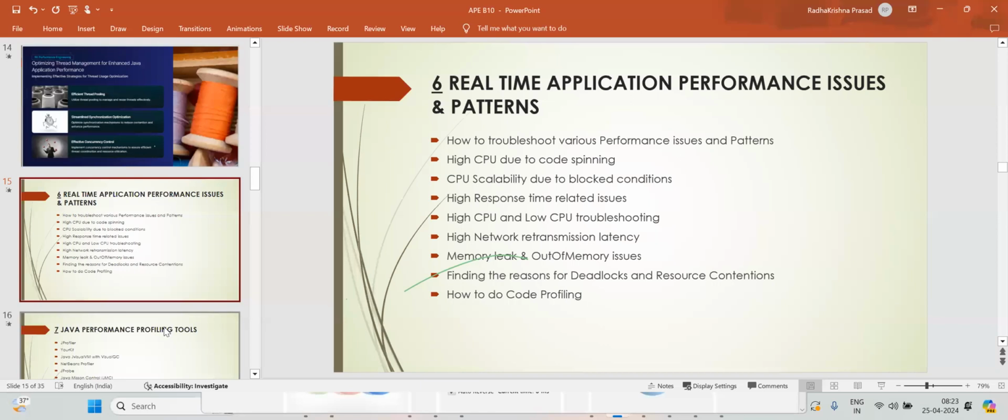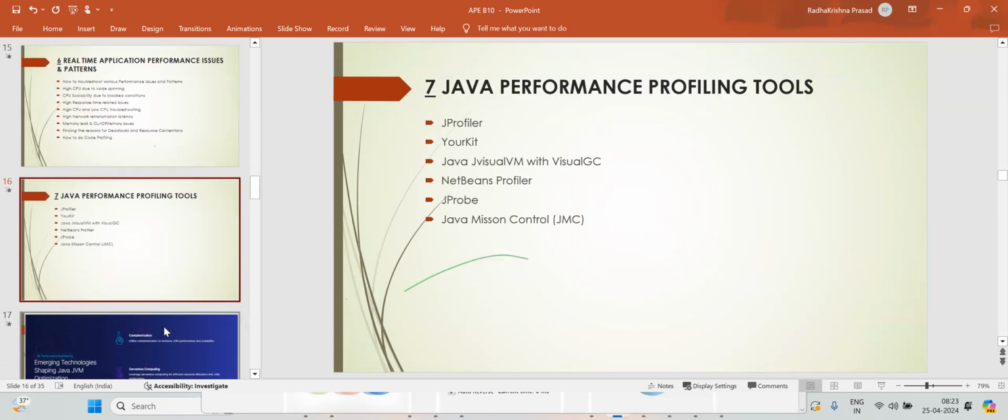I'm going to talk about all of these things, especially code profiling. Code profiling will be on a real application using multiple code profiling tools like JProfiler, YourKit, and Java VisualVM, and you have a plugin inside Java VisualVM,